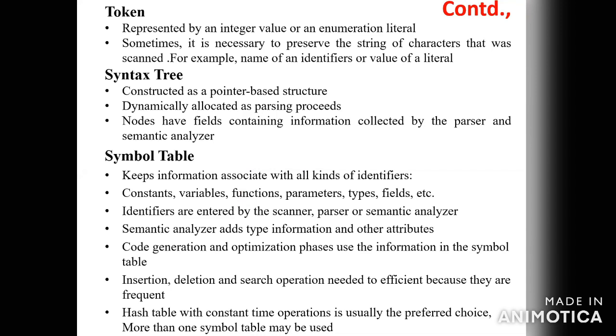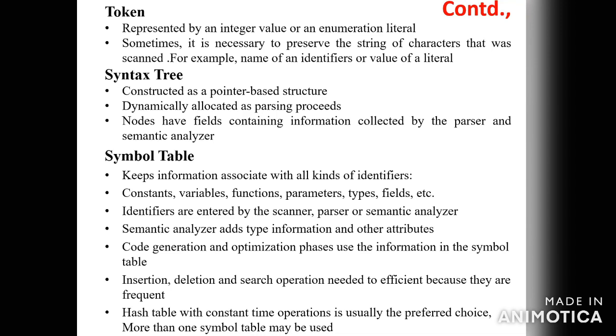Next thing, the hash table. You know the hashing technique. A function that performs searching, mapping the key value to an address, is called hashing. In hashing, we have a lot of types: linear probing, separate chaining, rehashing, open addressing, double hashing. A lot of types are available for hashing techniques. The hash table gives constant time operation. But in this hashing operation, more than one table value can be used for the data structure.